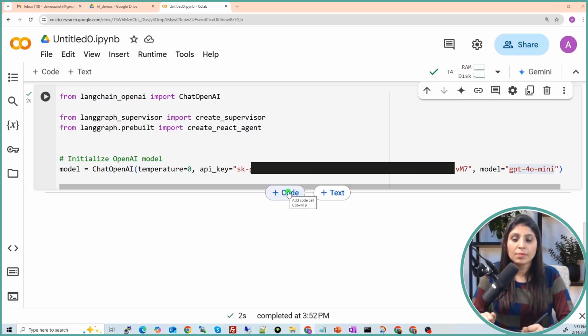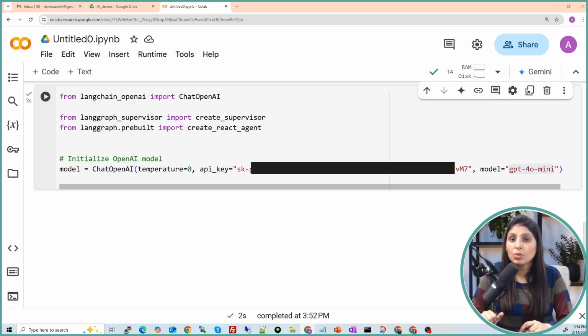Why do we need tools? Tools perform different functionalities. Tools are external functionalities which our LLM doesn't have. Let's say you ask your LLM a question, but it doesn't have the answer. In that case, you can get the answer using tools. For example, if I ask what is the temperature of Delhi today, this is related to current information, and your LLM can't answer that question.